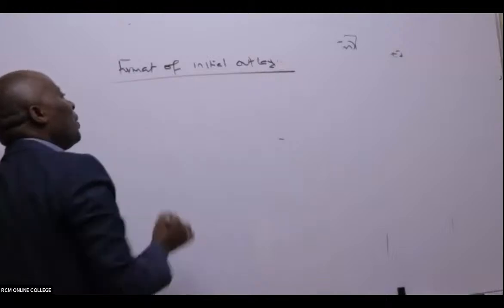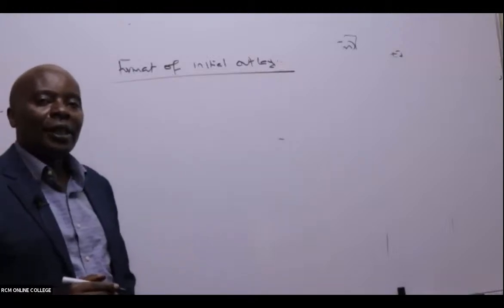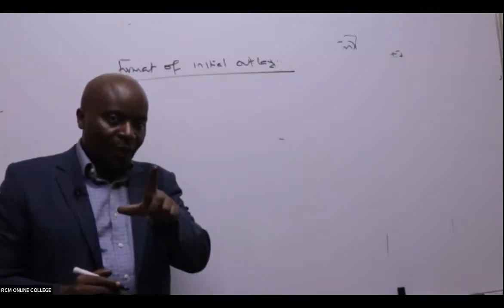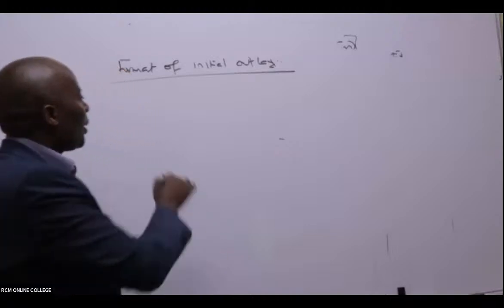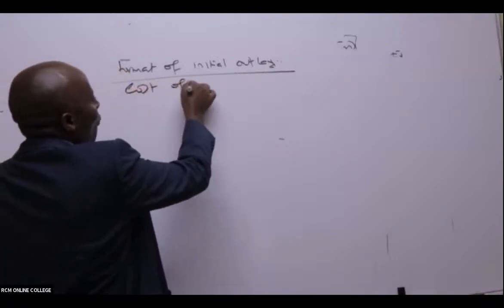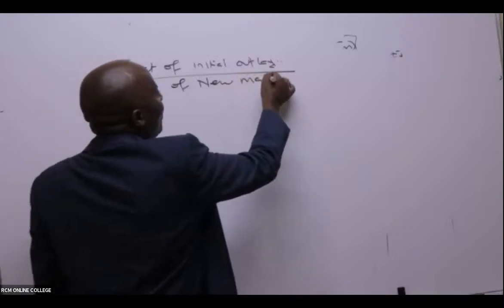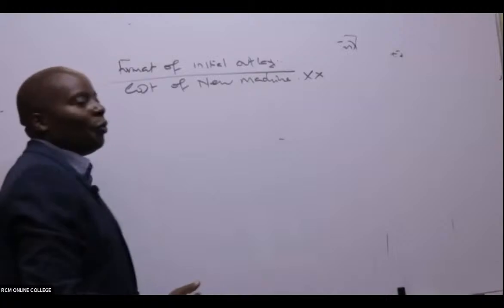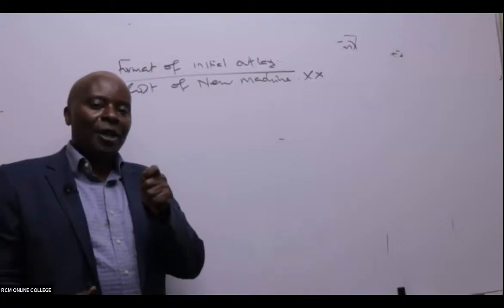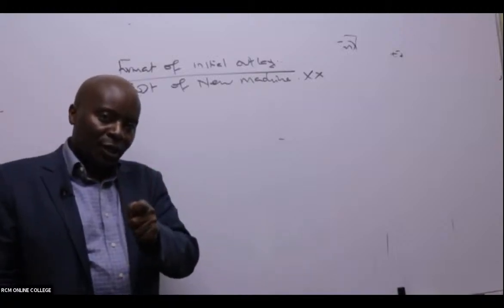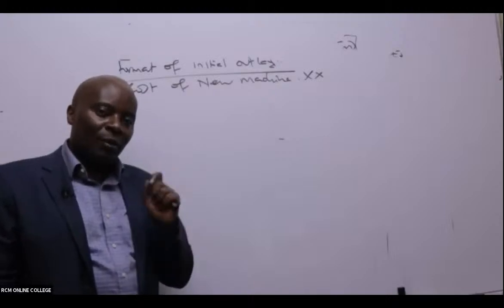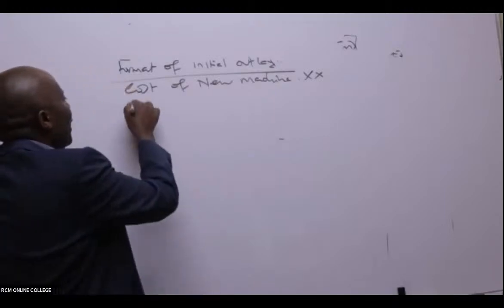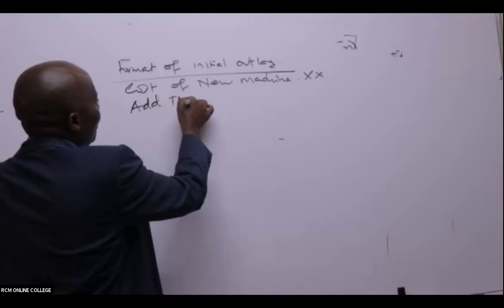So if I want to make this particular word here, decision to replace. There will be cost of the new machine. So I'll always take the cost of new machine. Cost of new machine, don't forget the installation. You may be told in this case here to pay some tax. Tax because you're going to sell the old machine. So in this case here, you add tax on